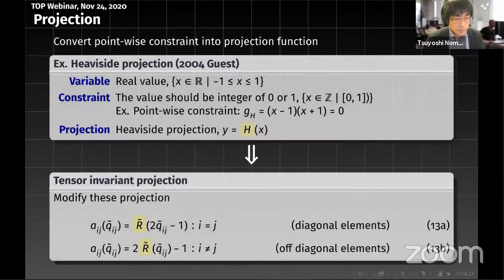I don't think I have enough time to describe all of the details, so I want to move through this part very quickly. But basically, I use a trick in the projection method in order to remove the pointwise constraint.